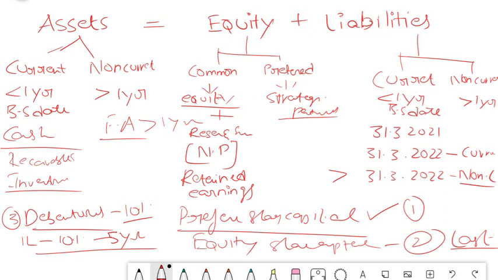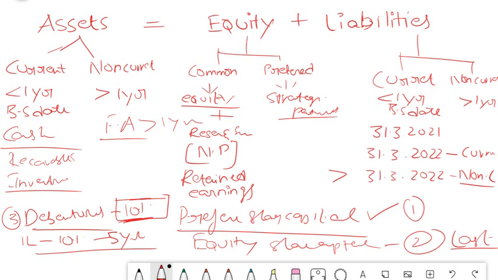It is just an alternative to a loan, but in this case you don't approach the bank, you approach your group company or your foreign company or foreign institutional investors or large domestic institutional investors who subscribe to your debentures in anticipation of a good rate of interest return. So this is also a kind of loan. Loan means liability. Liability means credit side. So this is what you need to broadly understand. What are assets?